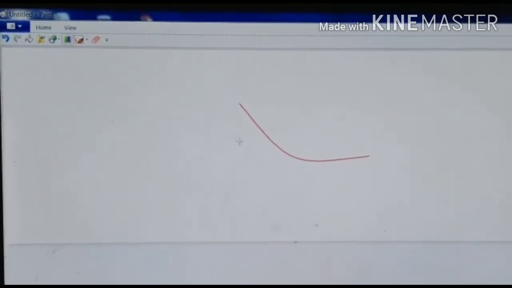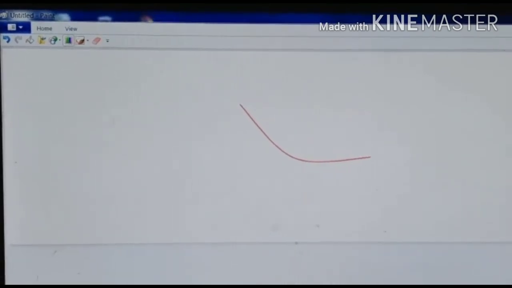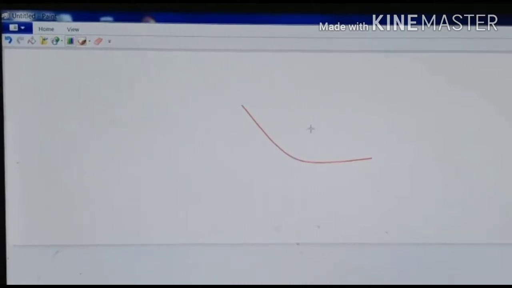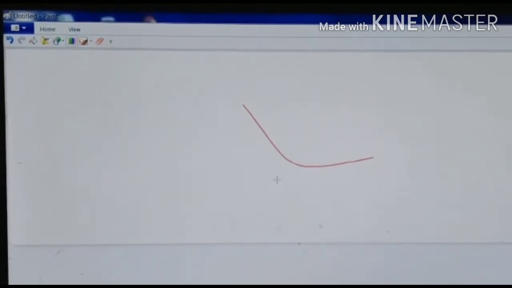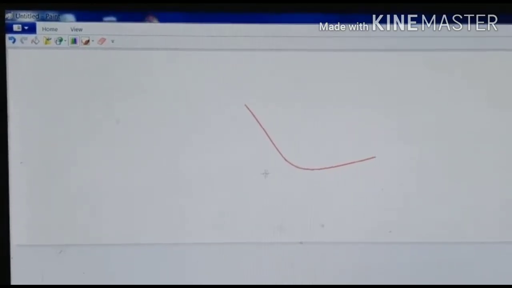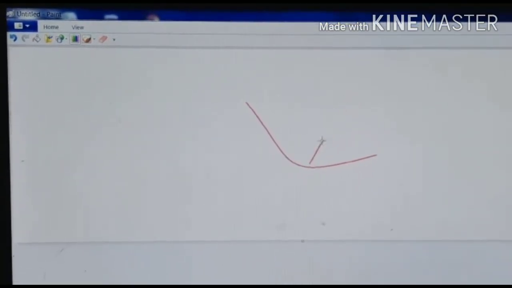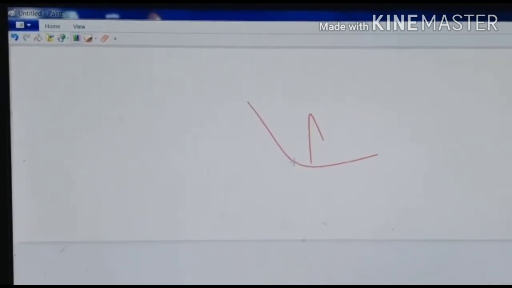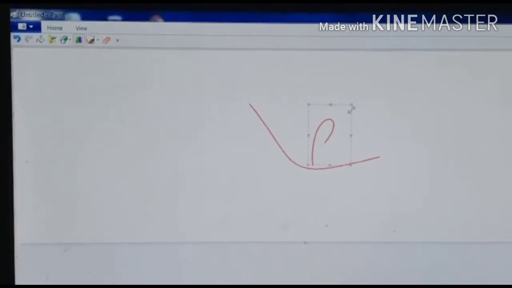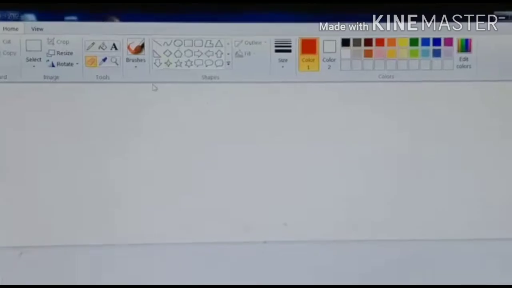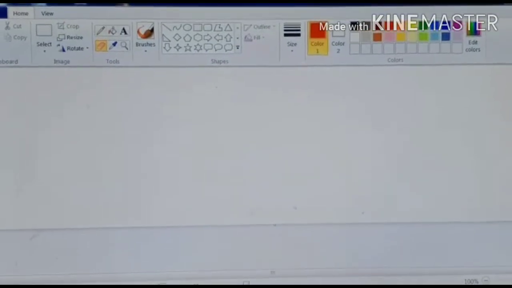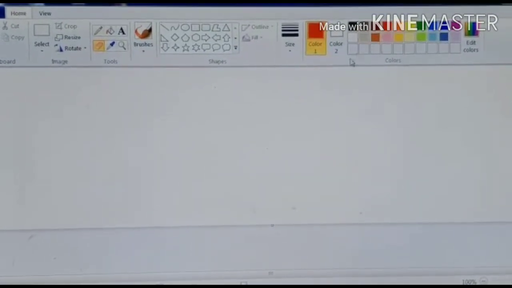Now one important thing you have to remember in this: a curve can be modified only 2 times. See, I have already modified it 2 times. See, first time and second time. So now I will not be able to modify it anymore. See, no modification anymore in this same curve. So a curve can be modified only 2 times, not more than 2 times. Is that clear? Now we will see how we can draw a rectangle.